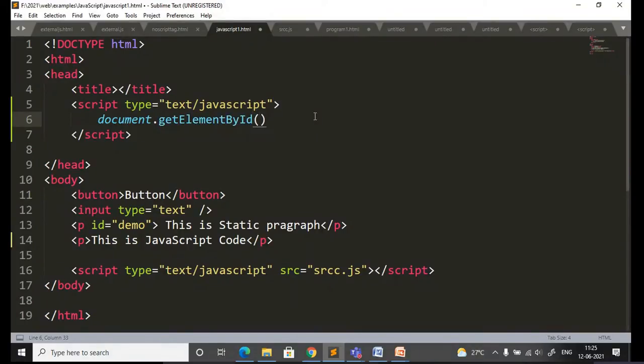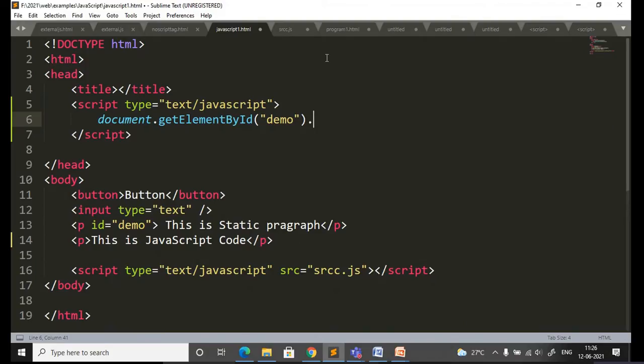I'll specify the id that I have given to that paragraph, that is demo. Now I'll try to add a listener for this element. In the last class I showed innerHTML. These are the important functions you are going to use frequently in JavaScript, so try to practice.